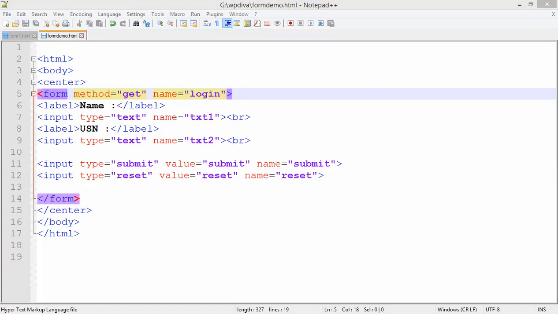Did you see that? So when I click on the submit button, what is going to happen here? When I take that form and use the get method, you can see that the text box 1 value is... okay, wait a minute, I will share the screen.